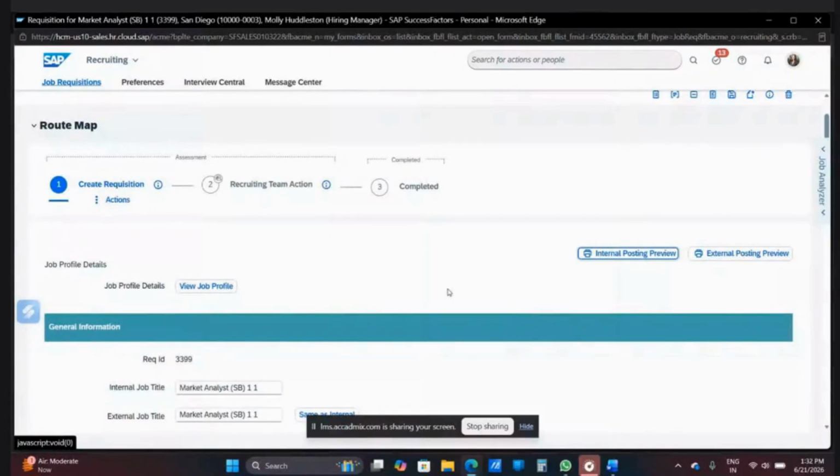Employee Central has the information about all the existing employees. Then there is another module, Talent Management, which has the information regarding performance, learning and development, succession planning, and everything. This is another view. So that's how it works.